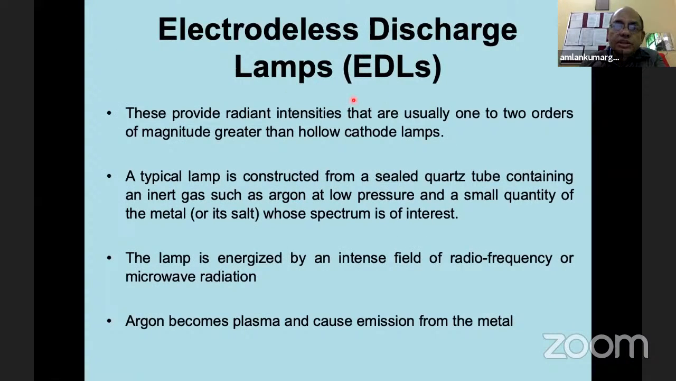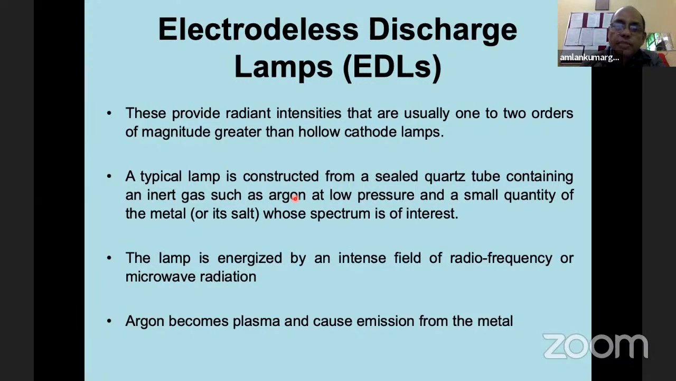Now, to overcome this, there are new lamps in the market which are called electrodeless discharge lamps. The radiant intensity of radiation used in these lamps is greater than that of hollow cathode lamps. So they have higher efficiency. Now, typical construction is you have a sealed quartz tube containing inert gas argon at low pressure and a small quantity of metal salt whose spectrum is of interest. For example, if I want to analyze iron, I have iron salt in a sealed quartz tube with argon